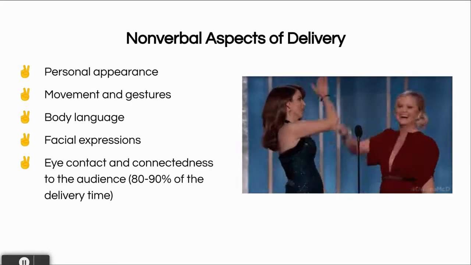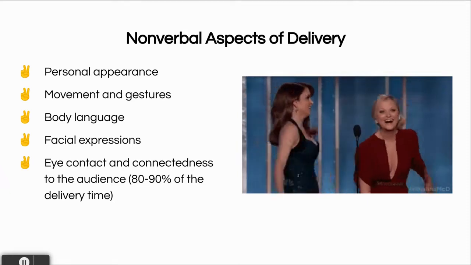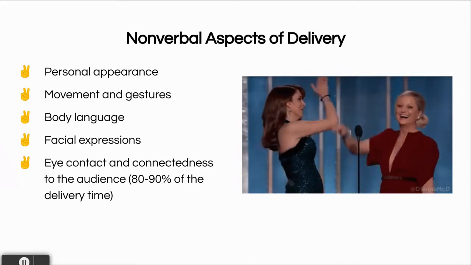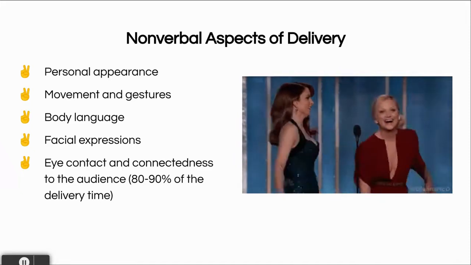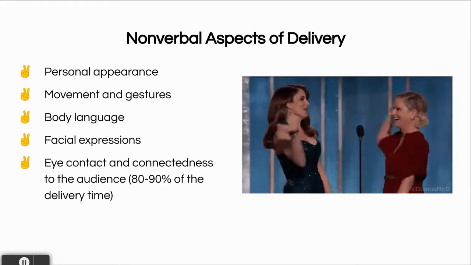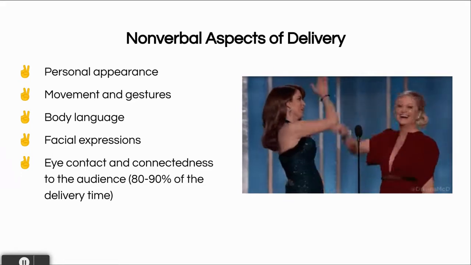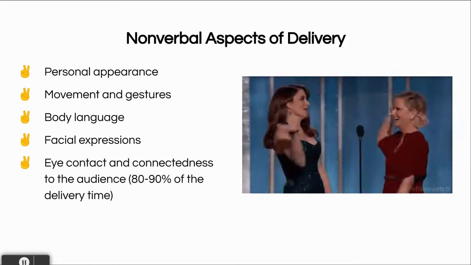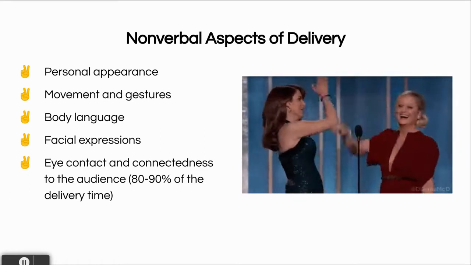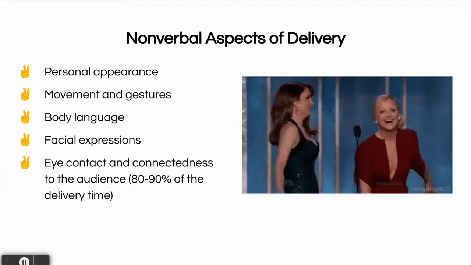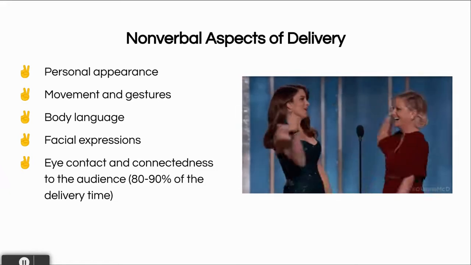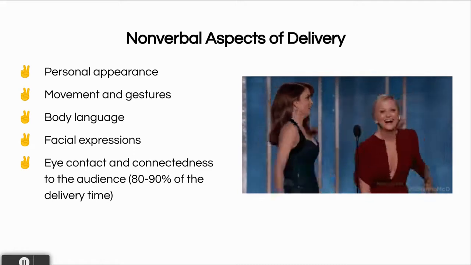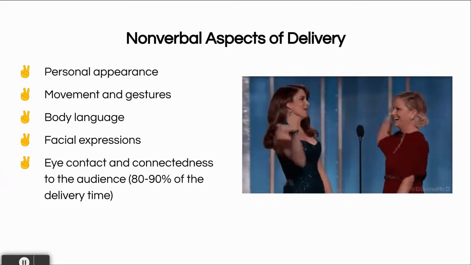So looking here, the chapter also talks about in much greater detail nonverbal aspects of delivery. So your appearance, movement and gestures, body language, facial expression, and eye contact are all important aspects of nonverbal delivery. Dressing for success, dressing for the occasion is really important. I love this GIF here because you can see just how formal they are. You can also see their relationship and their friendship and connection with each other. So that movement, the gesture, that feeling of connectedness through the high five is really powerful.